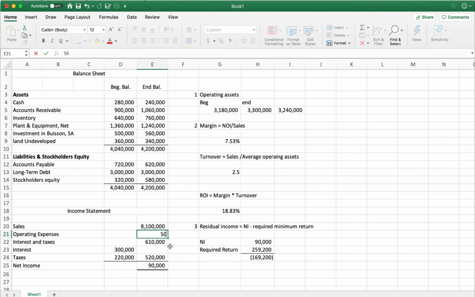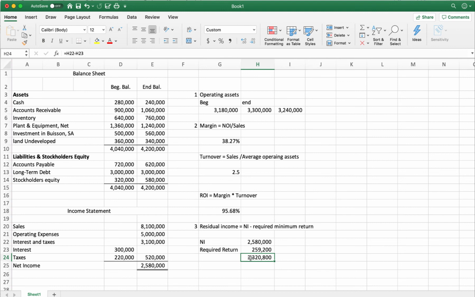If our net income changed, okay, let's just say for a moment that our operating expenses were $500,000. Actually, let's make it a little bit more realistic. $5 million. Okay? Look at what our residual income is. Our residual income's in the positive, right? So